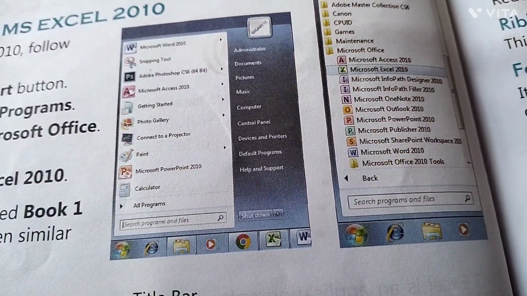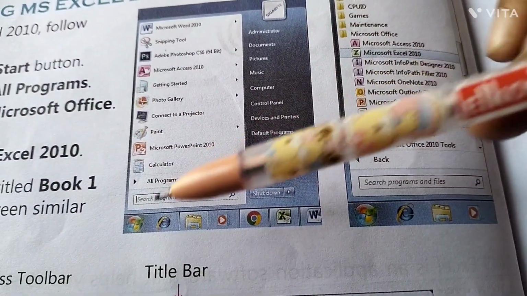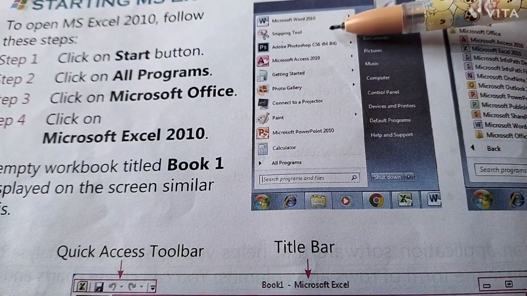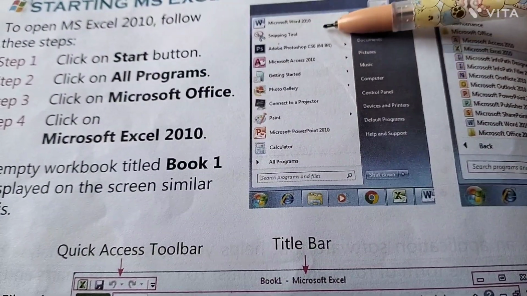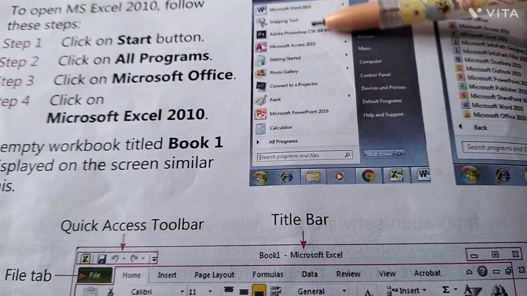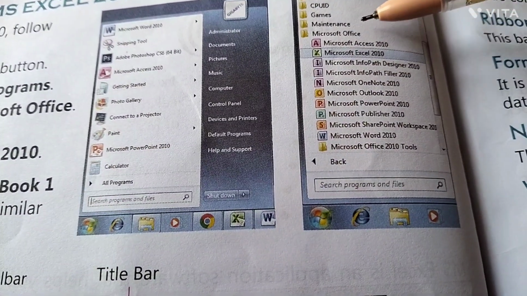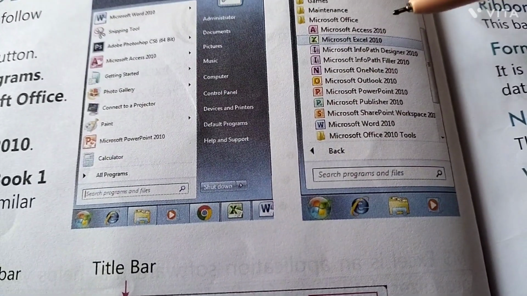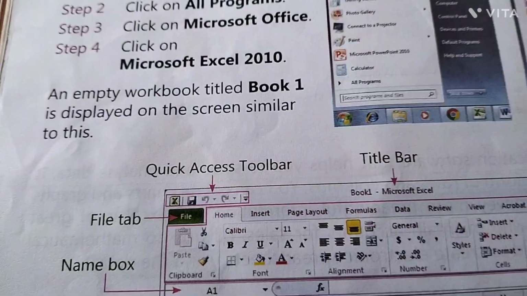Look at here, टाइटल बार यहाँ पे दिया गया है, all programs। वहाँ पे जाके आप माइक्रोसॉफ्ट ऑफिस पे क्लिक कर सकते हो एंड माइक्रोसॉफ्ट एक्सेल 2010 आपको स्क्रीन पे दिखाई देगा। लुक एट हियर, ये रहा, यहाँ पे दिखाई दे रहा है इस तरीके से। एंड देन वहाँ पे जाके आपको क्लिक करना है।